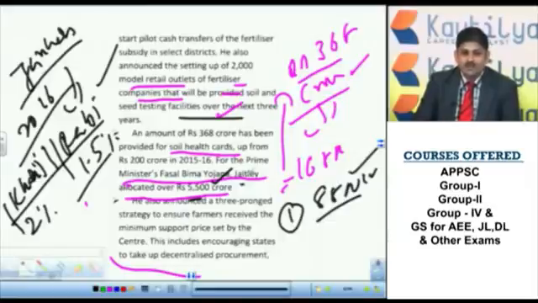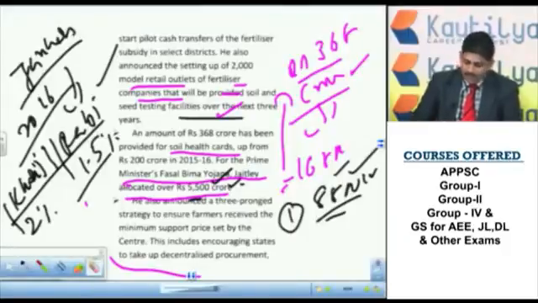So they may ask you the question in 2 ways. What was the actual estimation of Prime Minister's Fasal Bhima Yojana? 8800 crore will be the answer. What is the actual budget allocation for Prime Minister's Fasal Bhima Yojana? 5500 crore. So 2 are very important components. By carefully scanning the question, you need to answer. That is another important one.